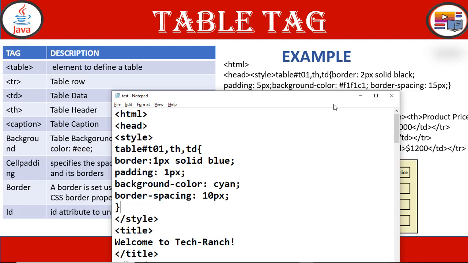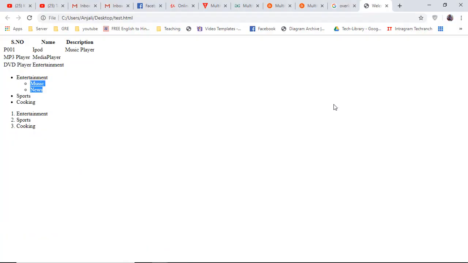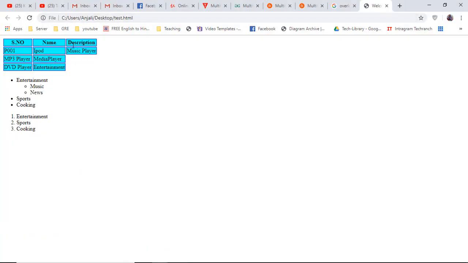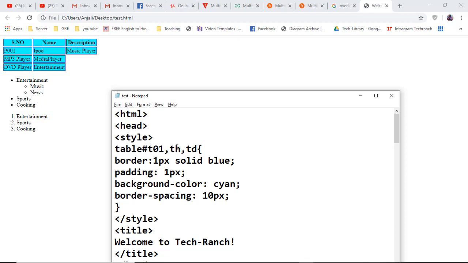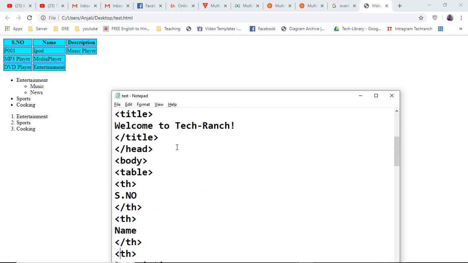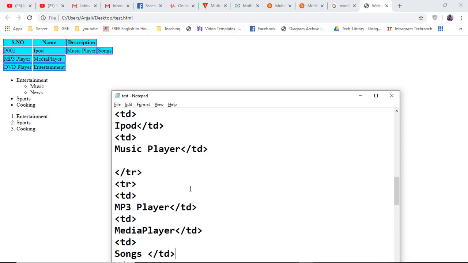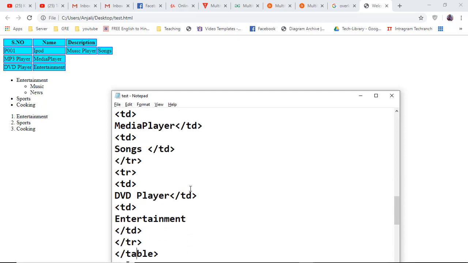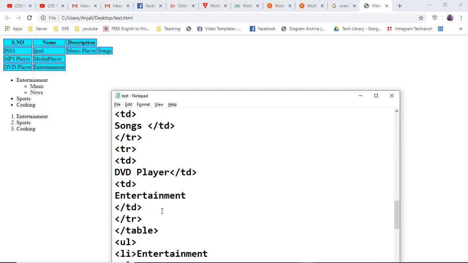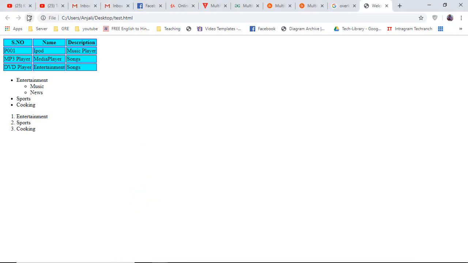Now, if you see the execution, look at this one. Since there are no choices in your description for the last choices, you can add more description in your table. It has to come after the MP3 or media player, or DVD player, entertainment, and after entertainment it has to come before this. Now let's take a look at this table. You see,